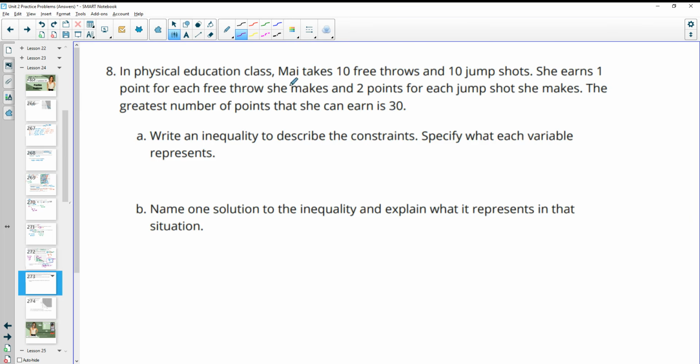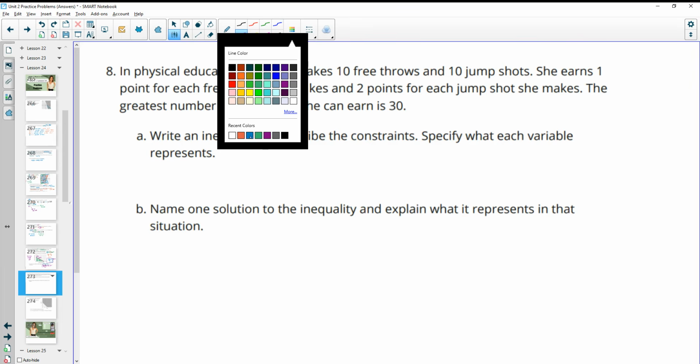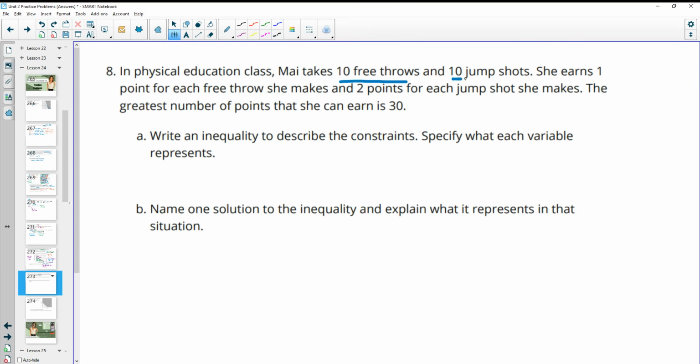Number 8, in physical education class, Mai takes 10 free throws and 10 jump shots. She earns 1 point for every free throw she makes and 2 points for every jump shot. The greatest number of points she can earn is 30. So write an inequality to describe these constraints. So these numbers up here are pointless to this. This is just the number of shots she can take. So she's going to stand at the line and shoot 10 free throws. But the 10 doesn't have anything to do with the constraints, because what we're looking at is how many points